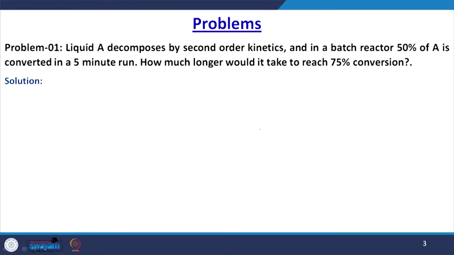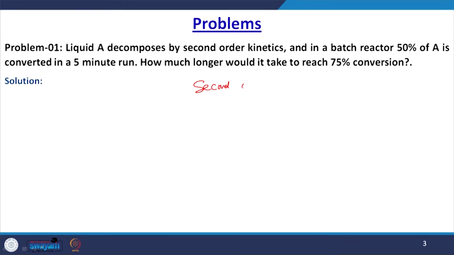In this lecture we are going to solve some typical numerical problems. So let us start with the first problem. Here a liquid A decomposes by second order kinetics, and in a batch reactor 50% of A is converted in a 5 minute run. How much longer would it take to reach 75% conversion? Let us start with the second order disappearance